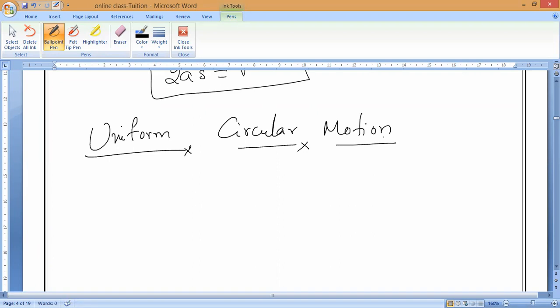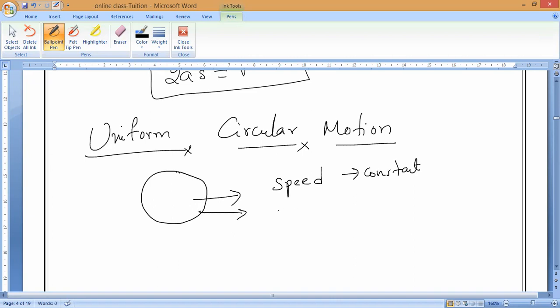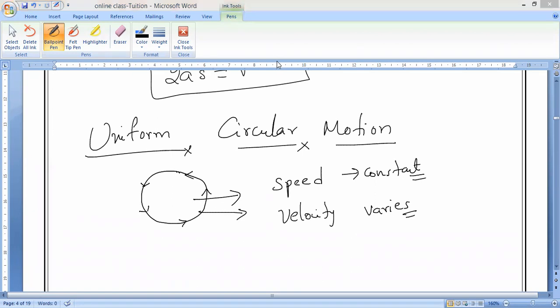So now, when any kind of body is traveling in a circular path, then we say it is called uniform circular motion. In uniform circular motion, the speed of a body is constant. Speed is constant, but something is not constant. What is that? Velocity. Velocity always varies, because at each and every point the direction is changing. So the velocity keeps on varying, but the speed of the body is constant. Okay, Raj? Everybody? Now, listen.